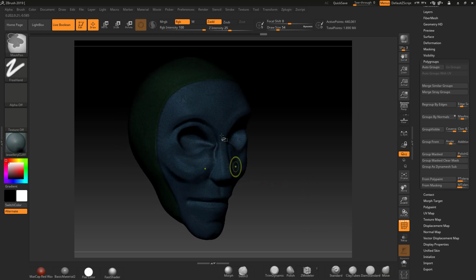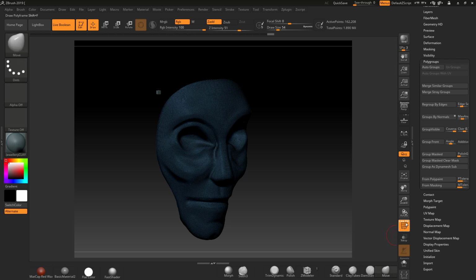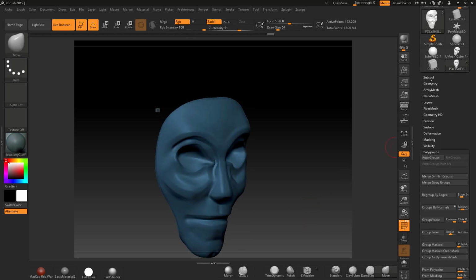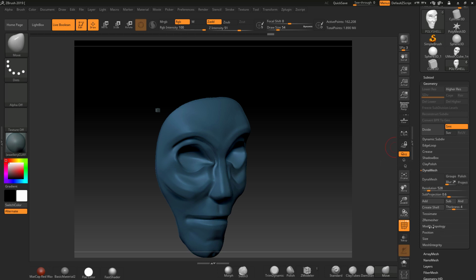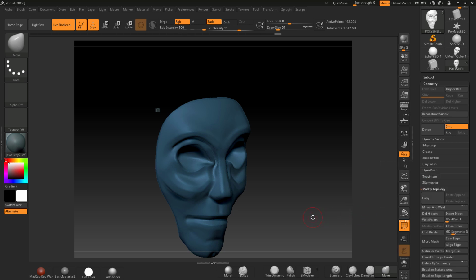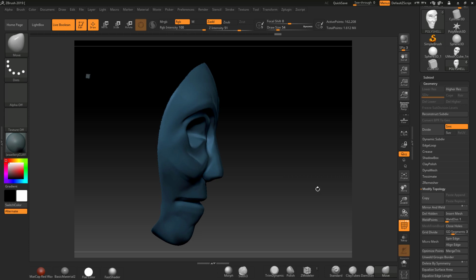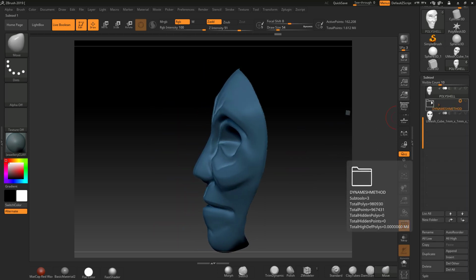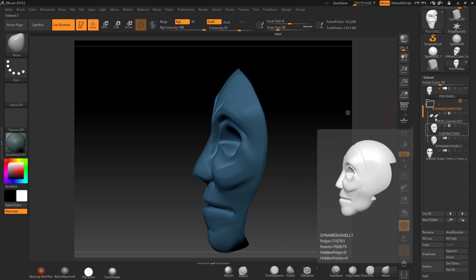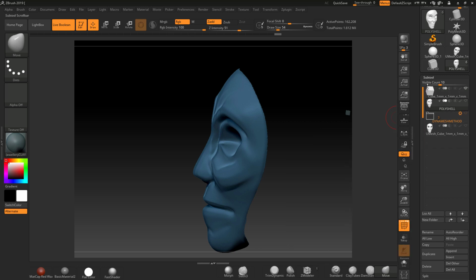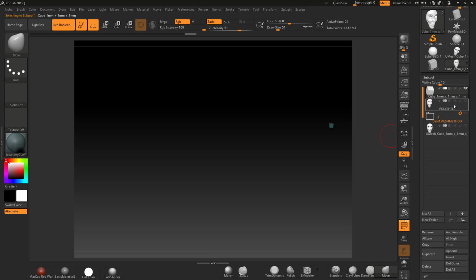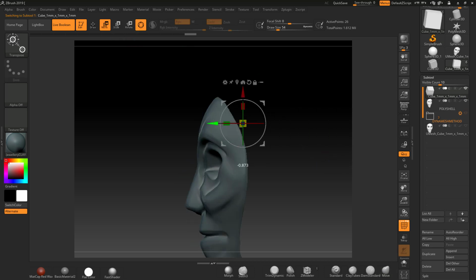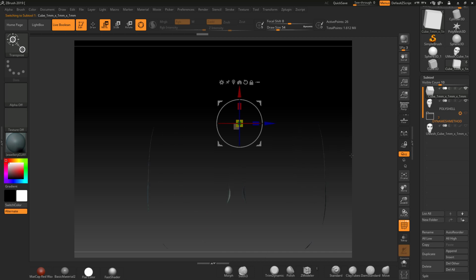So I'm going to press Control Shift on this part, and with the other area, because I've got no subdivision levels, I'm going to go to Modify Topology, Delete Hidden. Okay. So what I'm going to do now is take this little helper cube that we've got, which is here, and put it into the location so I can see my